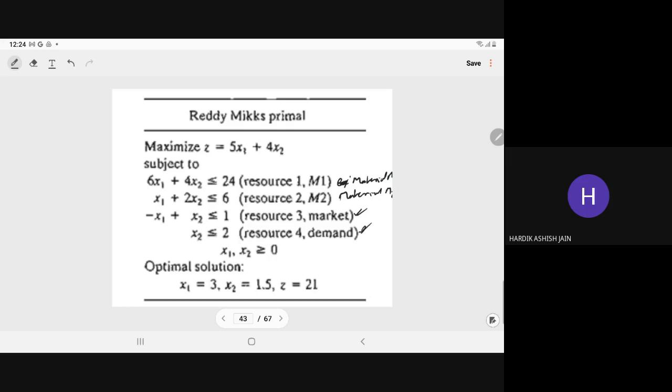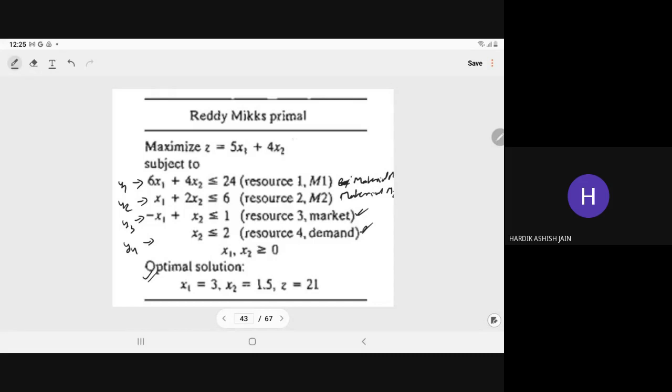Right? So we know that the optimal solution for this problem is x1 equal to 3, x2 equal to 1.5, and Z equal to 21. If you write its dual, first we have to associate a dual variable with each constraint. So y1, y2, y3,